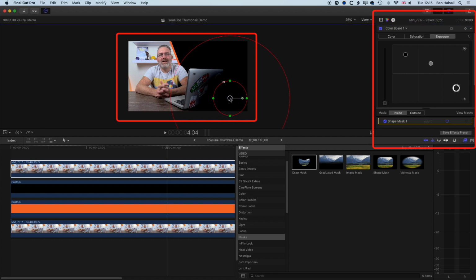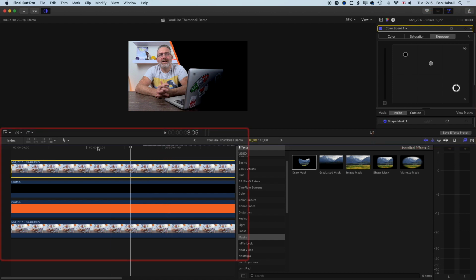So I'm quite happy with that. So you can see without the color board, we just have that hard edge, and then with the color board turned on and our shape mask, we can fade it across the right and give this nice effect. So I'm going to deselect that now,